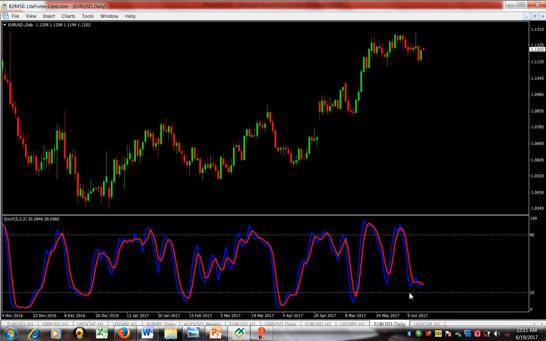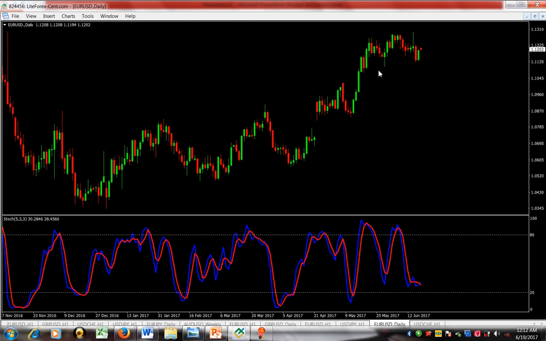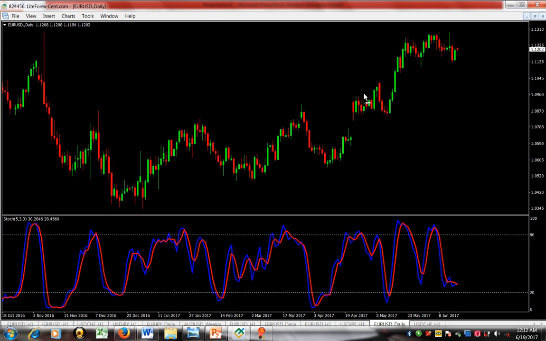We are approaching oversold. Now if we reset this, we know that already we are maybe around 25% or 30%. But definitely we are approaching oversold here. So we are waiting. Since we have crossed the 50% down, the next thing is to look for any reasonable signal. We can pick a signal on the daily chart,